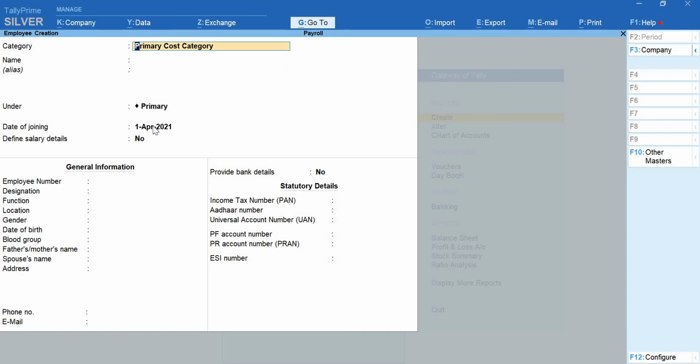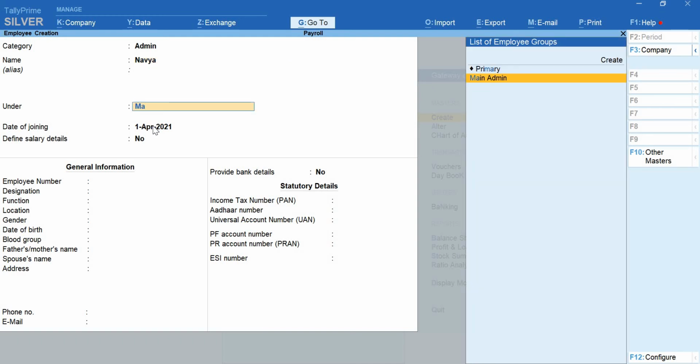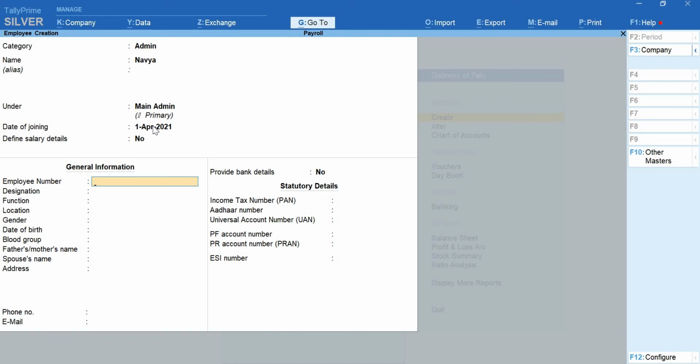And again backspace, in the place of category select admin. Navya, so she is also a main admin, so select main admin and give the details of her as well. So I'm done with creating the list of employees who are there in the organization.